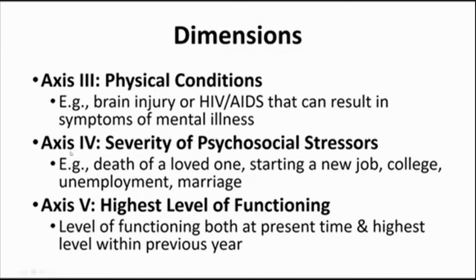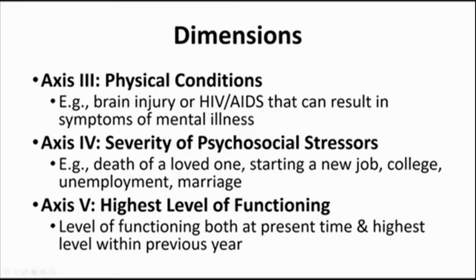For the DSM-4, they continued on with axis 4 and 5. 4 talking about the severity of those psychological stressors. So what was going on in your life that might be stressing you and making these symptoms worse. So death of a loved one, starting a new job, unemployment, marriage, things that could change how you're interacting with